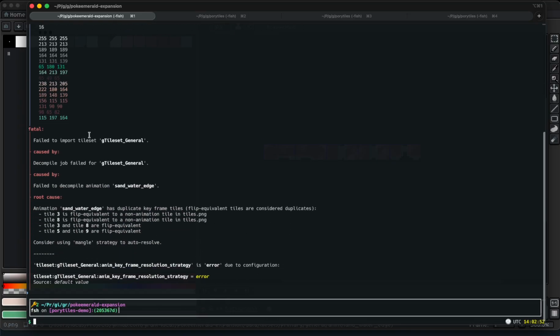Okay, so anyway, new error. So same start of the message, failed to import, decompile job failed. This time it's failing to decompile sand, water, edge. And the reason for that is there's duplicate keyframe tiles. So it's telling you which ones are duplicate,